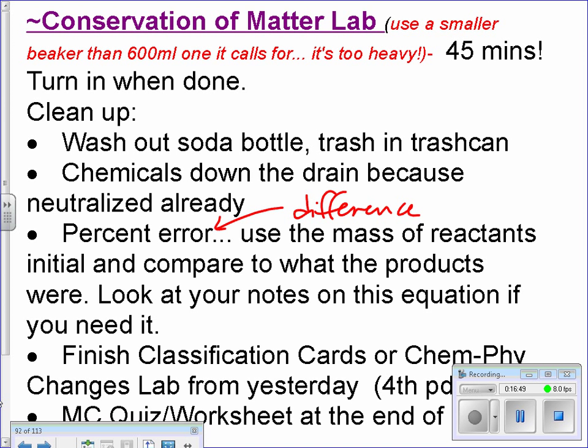Okay, listen. You will be putting vinegar and baking soda in a beaker. It says 600 milliliters. You do not have a 600 milliliter beaker. I would prefer you to use at least a 250 or 400. A 100 will boil over. Okay? So you're going to find the biggest beaker you have, and the scale will match. If the scale says error, that means you have something that's too heavy. If you need other beakers, though,